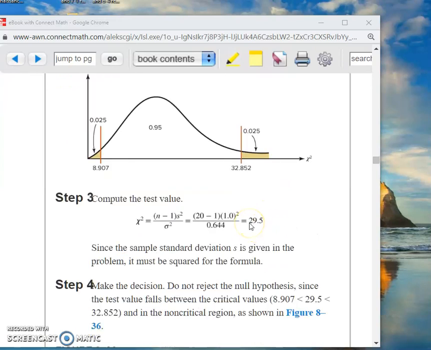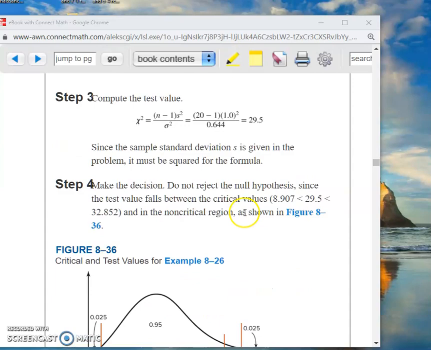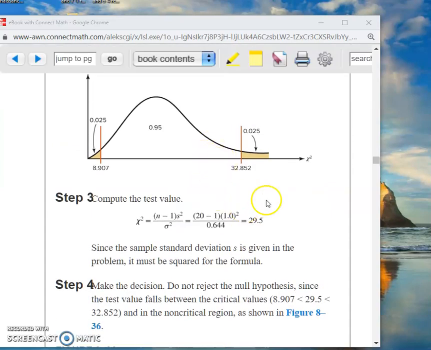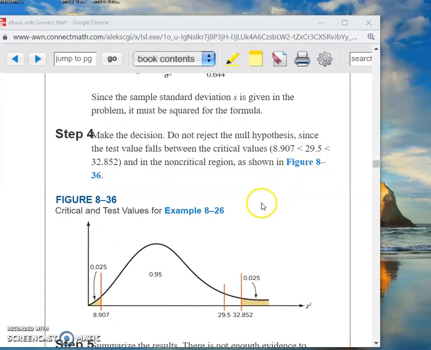Strangely enough, he didn't mark it on here. The 29.5 is in between these two critical values. He's in here somewhere. It doesn't matter exactly where he is. He's in this region where you do not reject the null hypothesis. So, since you're in that region of not rejecting, what you say then is, as a conclusion,